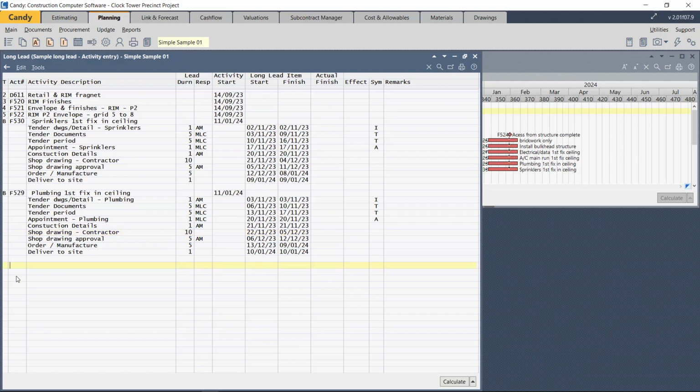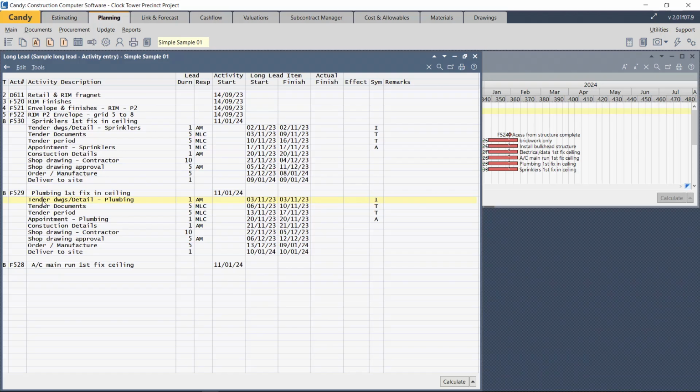The second method to use as far as copy and paste is concerned is the normal Windows copy and paste, and it works as follows. Let's put in the air conditioning. That was uppercase F 528. Right, now we want the details there, the same details, but now we want to use the Windows copy